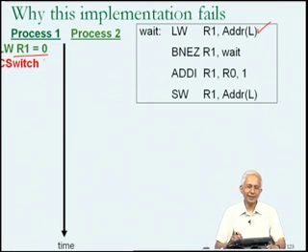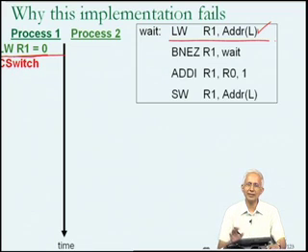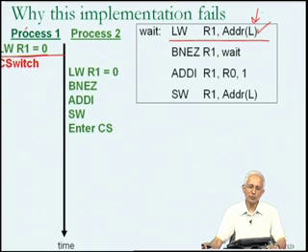Let us suppose that at this point in time there is a context switch. Remember that the operating system, at the end of the time slice of a process, will switch from that process to one of the other ready processes. It is quite possible that a context switch could happen after process P1 has executed this first instruction. So this is a perfectly legitimate possibility. Let us suppose that the operating system now makes process P2 the running process. Process P1 has been put into the ready queue. Process P2 also is executing this sequence of instructions. Let us suppose that it successfully executes all the 4 instructions.